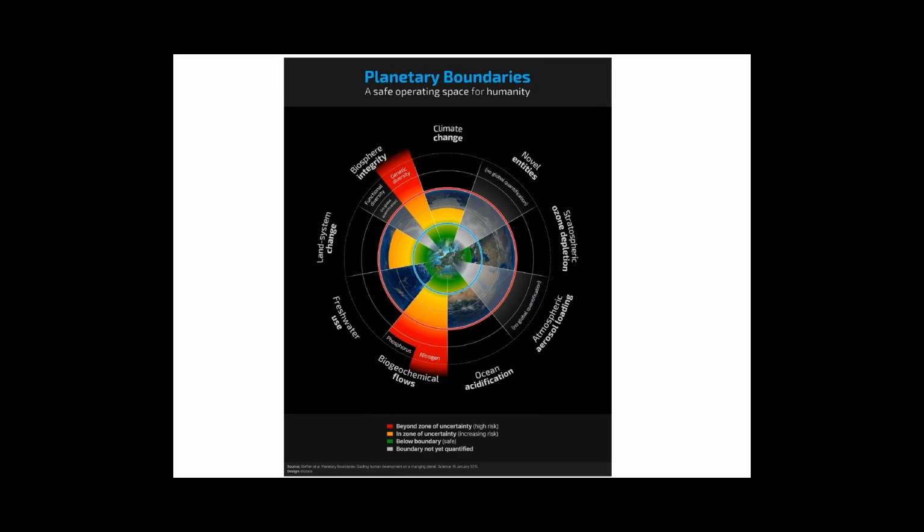And what I think before was called chemical pollution, they're now calling novel entities, and those are things like heavy metals and new types of pollutants that are being introduced into the atmosphere and into nature. But you can see the other things look pretty similar.